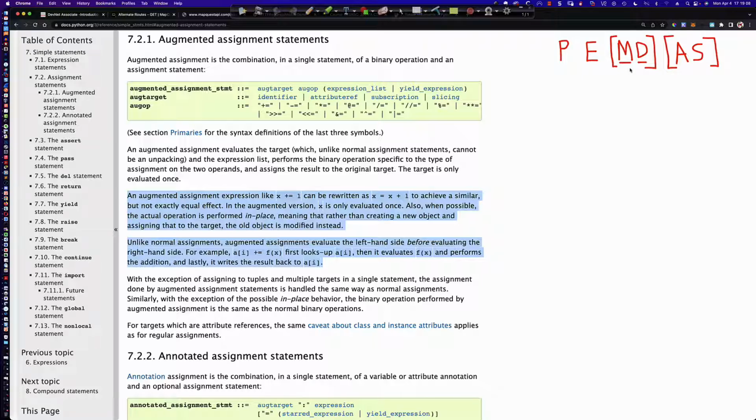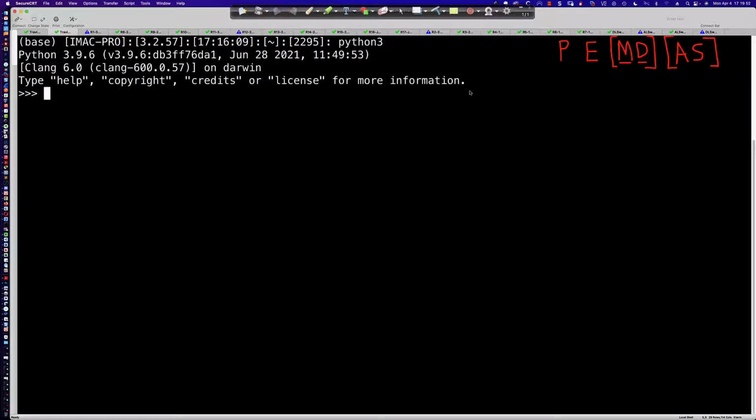Another way of saying that is, if you have operators with the same precedence, operator associativity is what's going to be used to determine which of those operators is evaluated first. And again, this is sort of counterintuitive because we've talked about PEMDAS in the context that parentheses come first, exponentiation second, multiplication third, division fourth, addition fifth, and subtraction sixth. But as we're about to see, that's not always the case, in the context of dealing with augmented assignment statements. So let's jump out to the interactive interpreter,